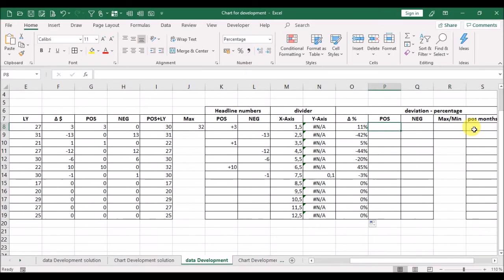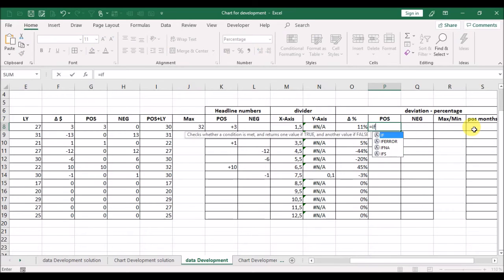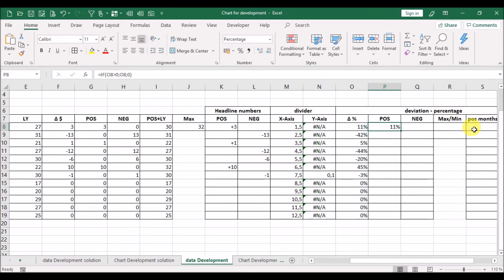Then we will define the positive and negative deviations, and we say if the deviation of cell O8 is bigger than 0, then cell O8, and if not, then 0. And we copy it down.